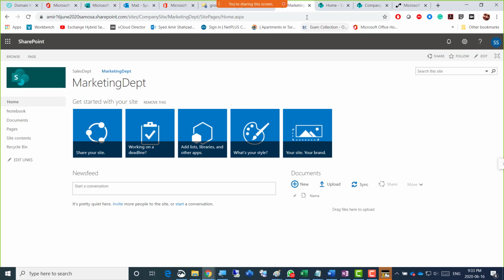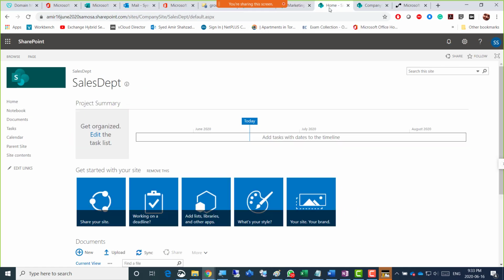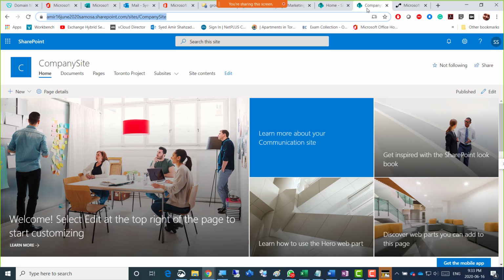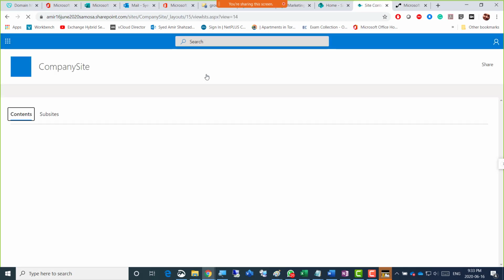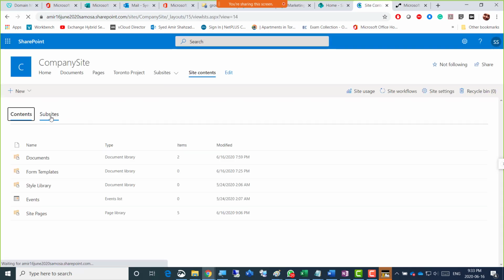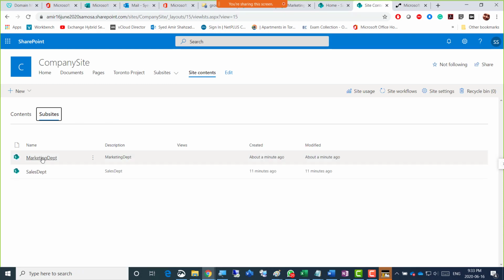So during the creation of the site, at that time, either you go for same parent permissions, or you go for the unique permission. So when we were going for site contents here, now if I go to site contents and then go to subsites, there is a marketing department here, and then there is the sales department.